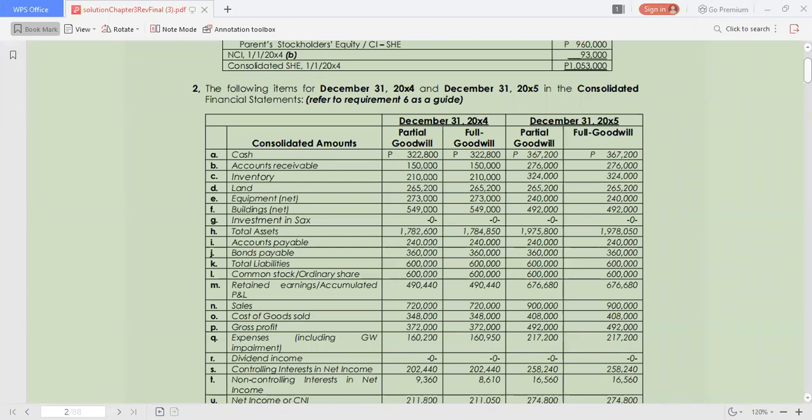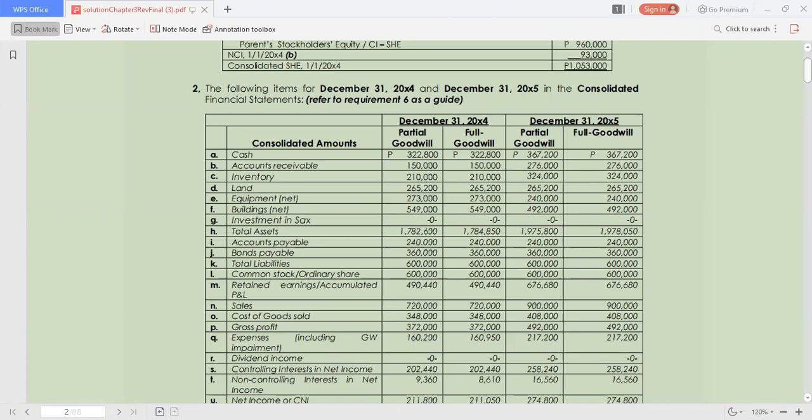So we now have the amounts in the columns for December 31, 20x4 based on our computations in number 6. That's why we are told to refer to number 6 initially for this